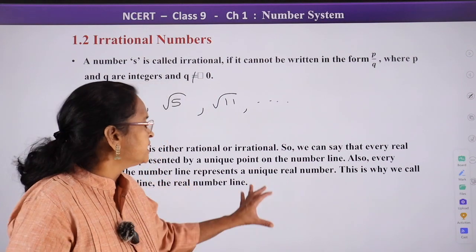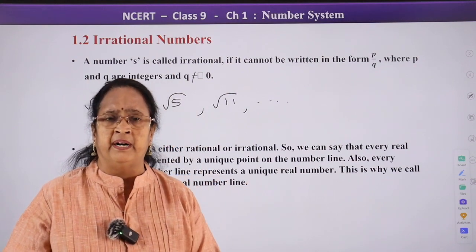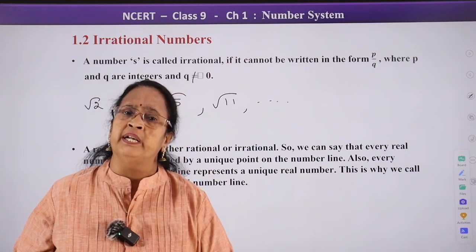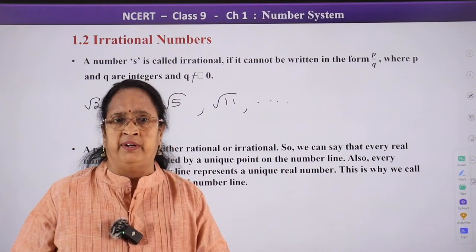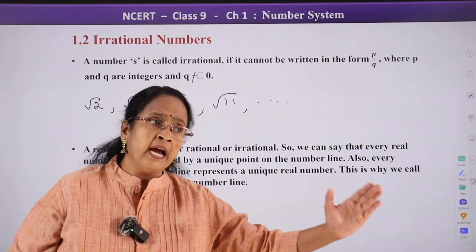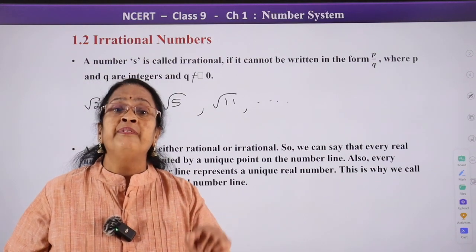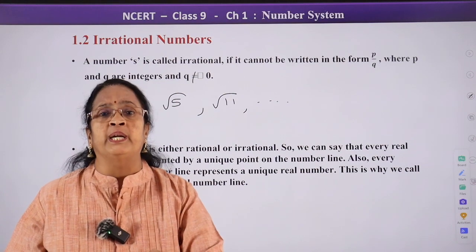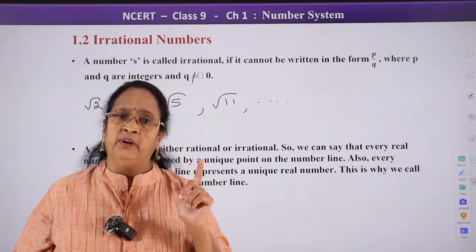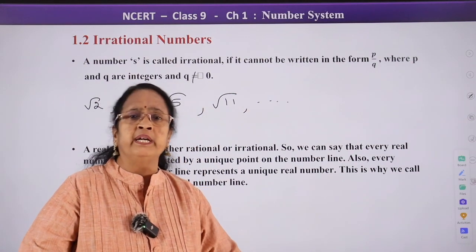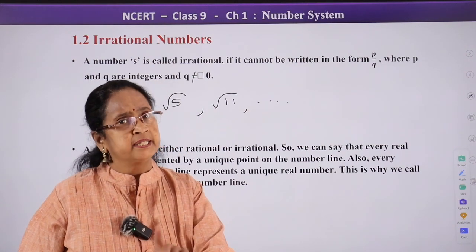All right? So, this is the concept of real number, and every real number can be represented on a number line, whether rational, irrational, integers, whole numbers, whatever. All the real numbers can be represented on a number line. Represented means we can make a point on the number line and tell that this is the number. So, we can represent all the real numbers on the number line, except complex numbers.